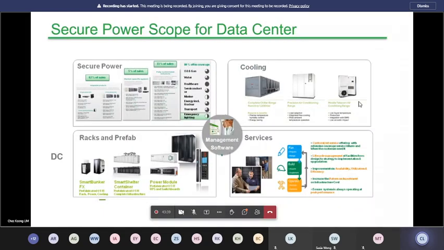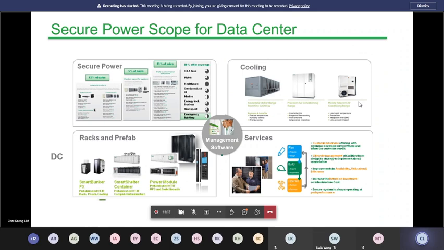Having looked at the data center, we do have solutions when it comes to secure power, which is the UPSs that need to be put in place. You need to have cooling units in case the main utility or the main AHU from the chiller plant fails. You cannot have completely no cooling within a data center, because that will kill the servers. So we do have standby or backup cooling units to address the data center issue, not to mention all the racks and prefabs for storage of the servers that you require. And all these racks are intelligent enough to provide the required information in terms of power quality, availability, as well as monitoring some of the environmental conditions for the servers.